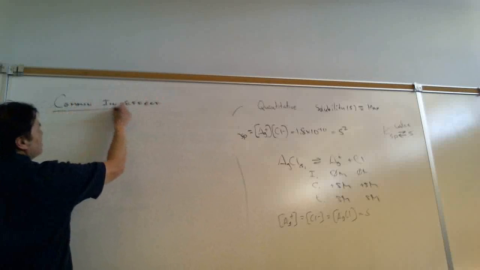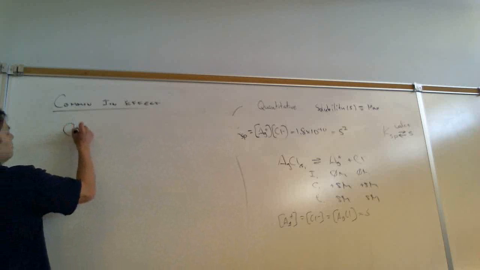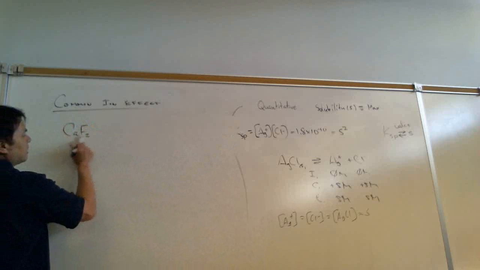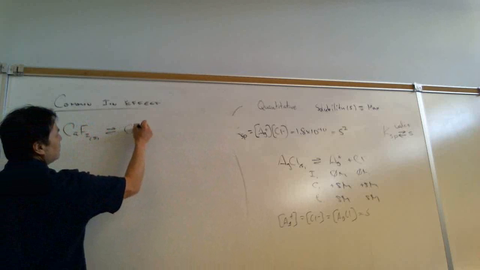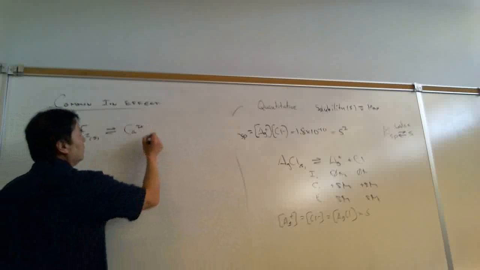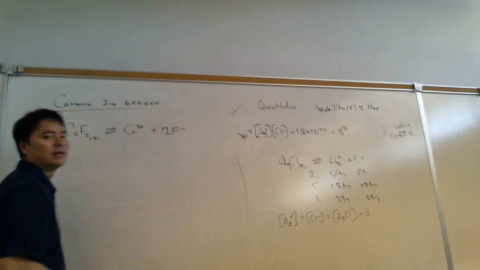I can change the solubility by introducing a common ion. And so we could use either calcium fluoride or silver chloride. Which one do you want to do? It doesn't really matter. Let's do calcium fluoride. And so if I have some calcium fluoride here, and I want to decrease its solubility, is there a way to do it? Well, it turns out there's an easy way to do it, and that is I can add